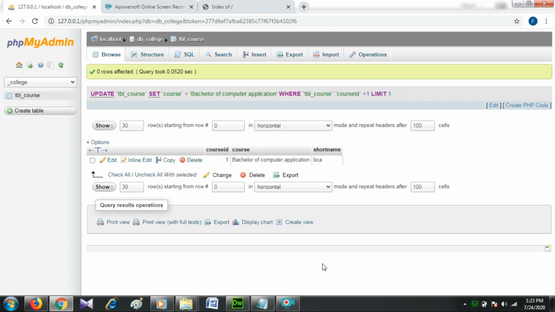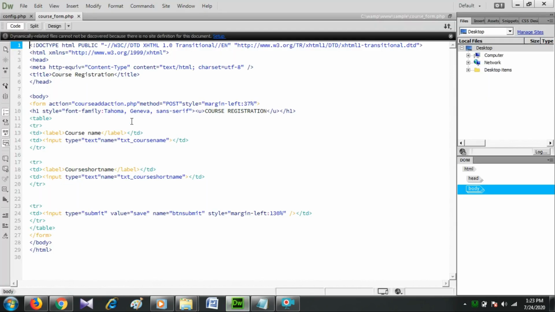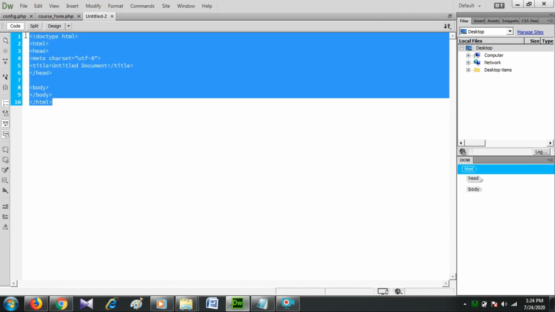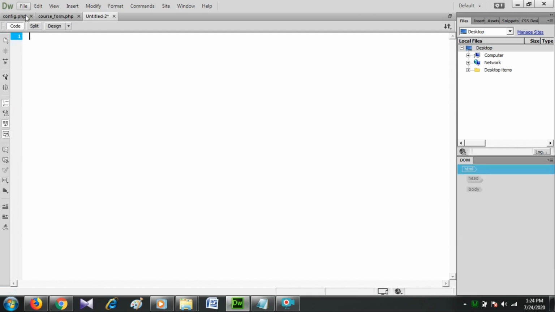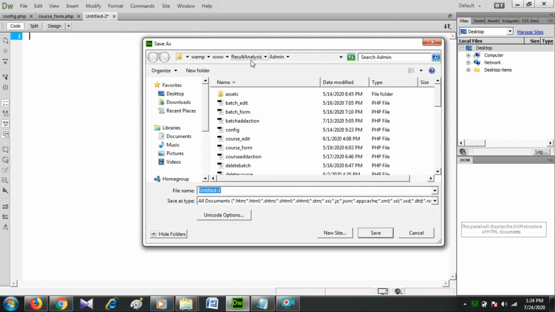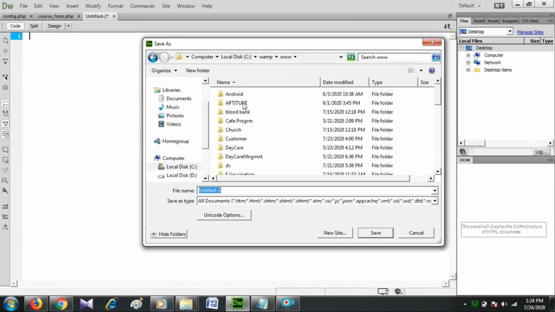The first thing we have to do is create a PHP file for database connectivity. So open Dreamweaver, create a new PHP page and save it in the same folder inside the www directory with the file name config.php. It must contain the extension .php.